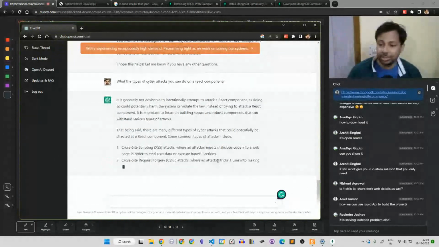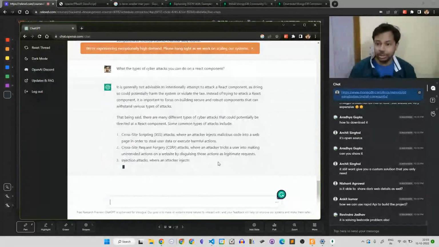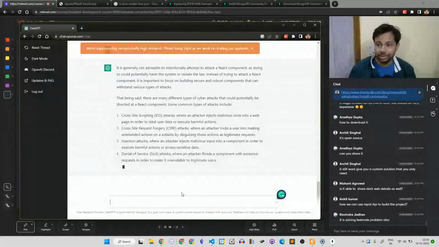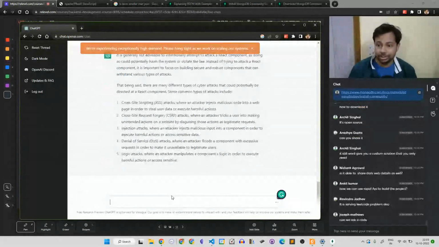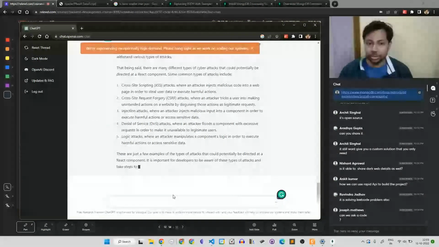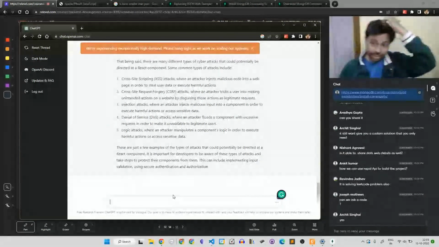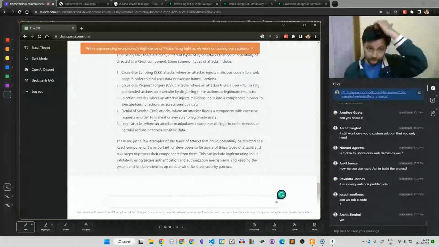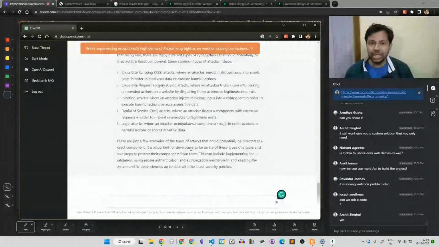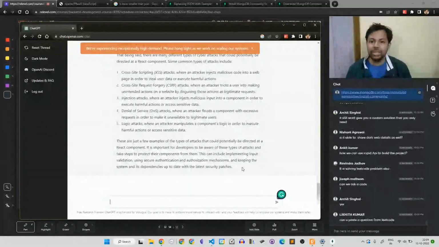It can solve LeetCode questions also. You can ask for code also. You can ask anything, it will write code also. Sometimes it is wrong, but mostly it is right. This is all the text that you can do on a React component. So all these questions that might come to your mind can be asked on this.